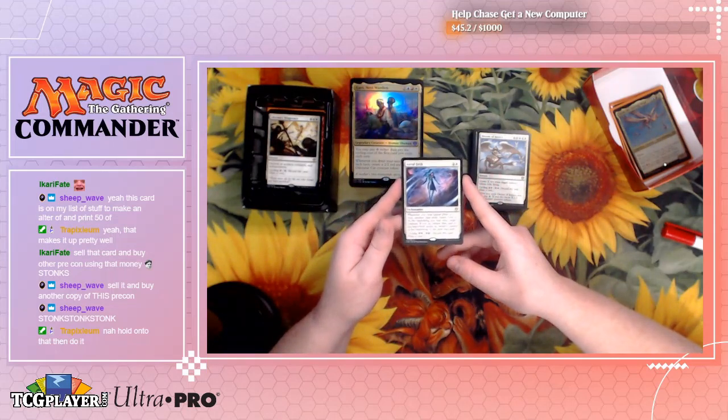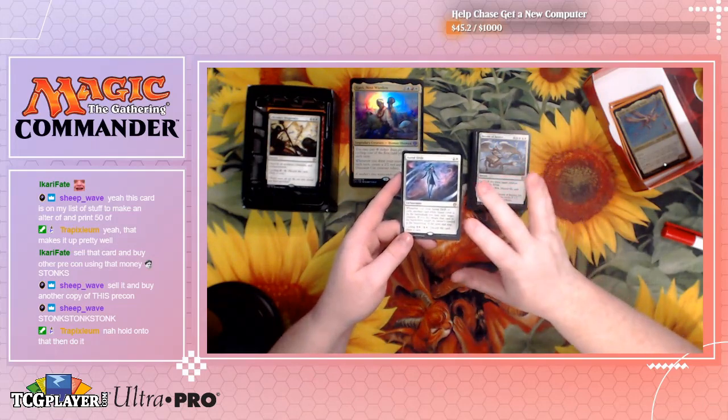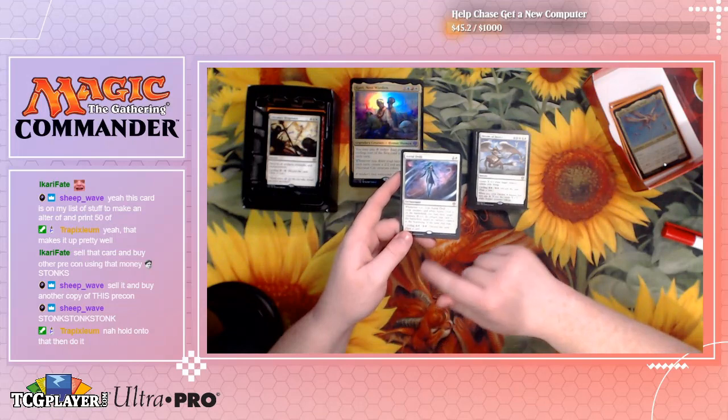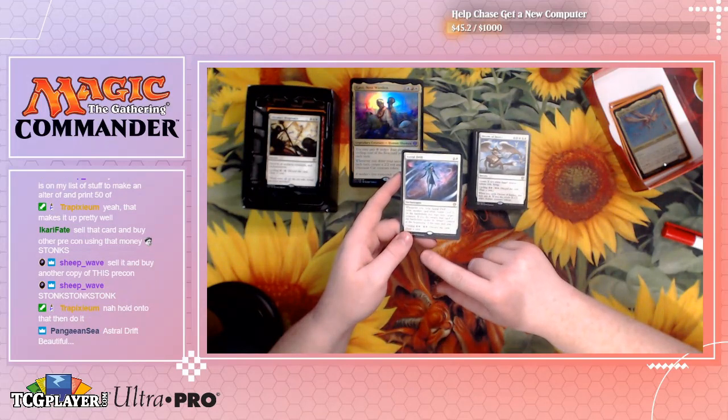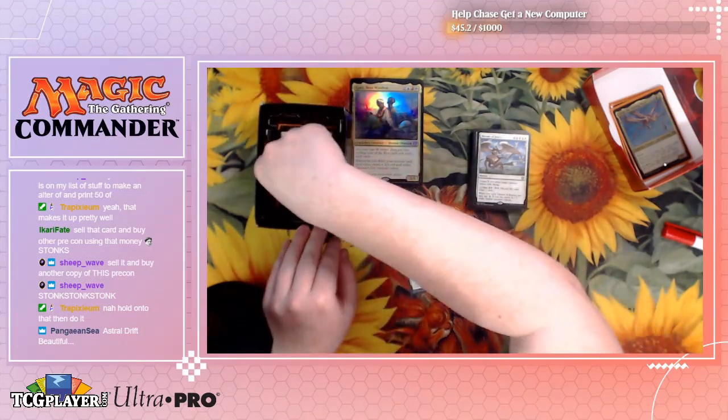3 mana, it's a white enchantment. Whenever you cycle Astral Drift or cycle another card while Astral Drift is on the battlefield, you may exile target creature. If you do, return that card to the battlefield under its owner's control at the beginning of the next end step. It's cycling for 3, so immediately